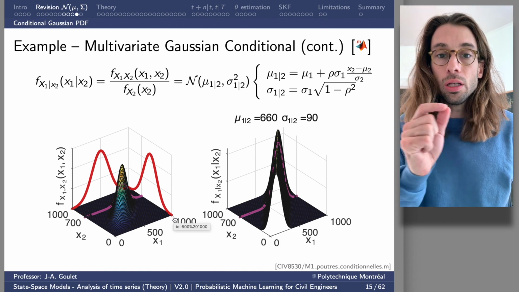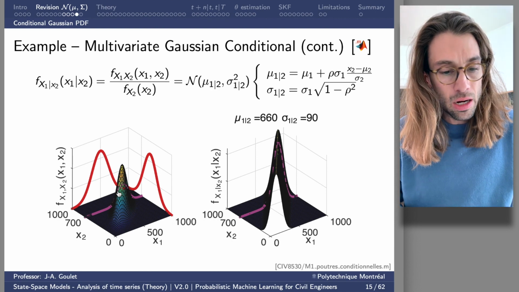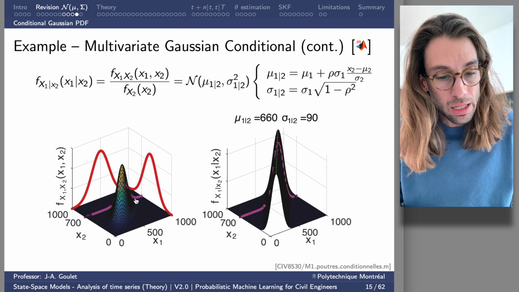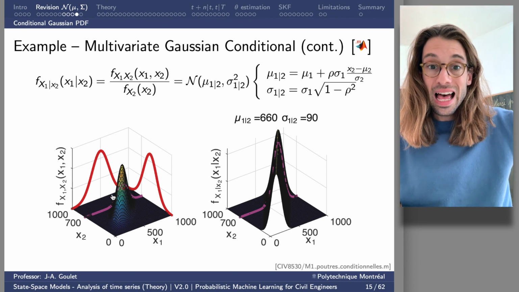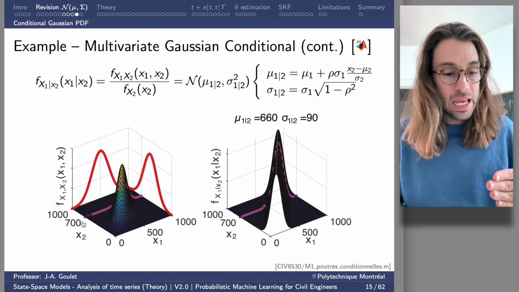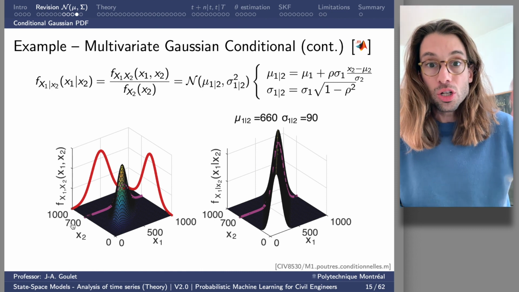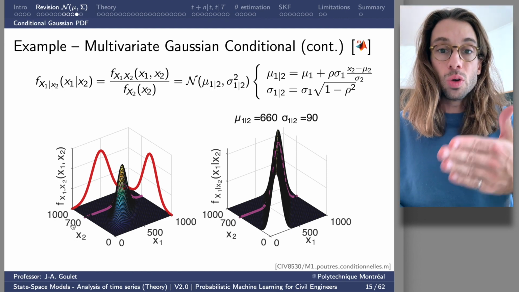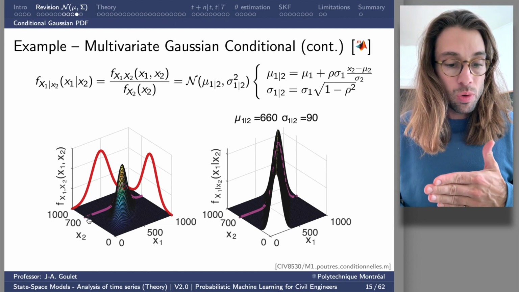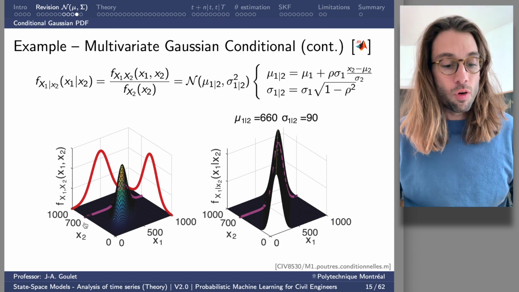Okay, the respective univariate PDF. What I've taken here in the magenta or the pink line is a slice in my joint PDF. That slice is not taken everywhere. It's taken at the coordinate x2 equals 700 because this was my observation for my variable x2. So I take that slice, but here what we have to see is that the joint PDF for x1 and